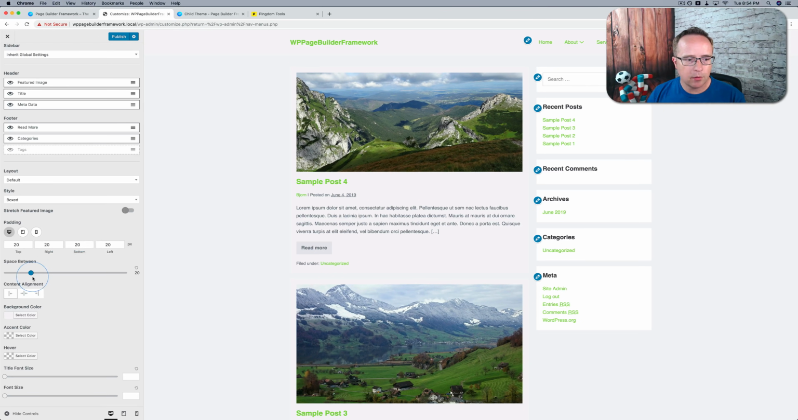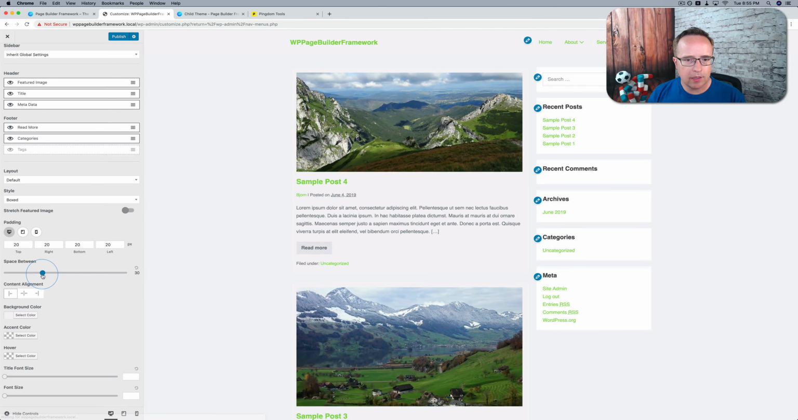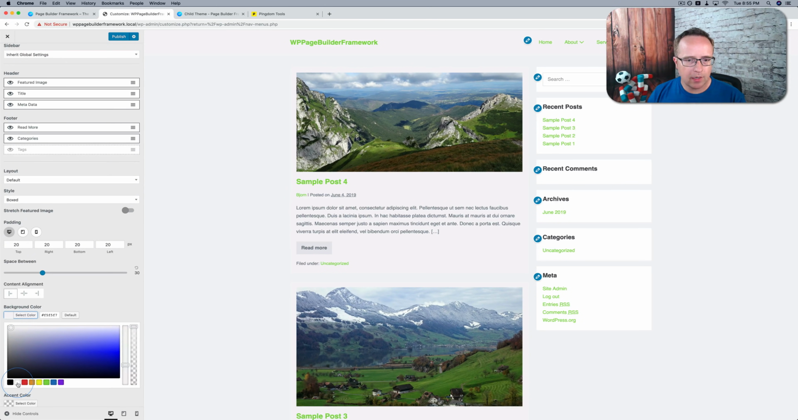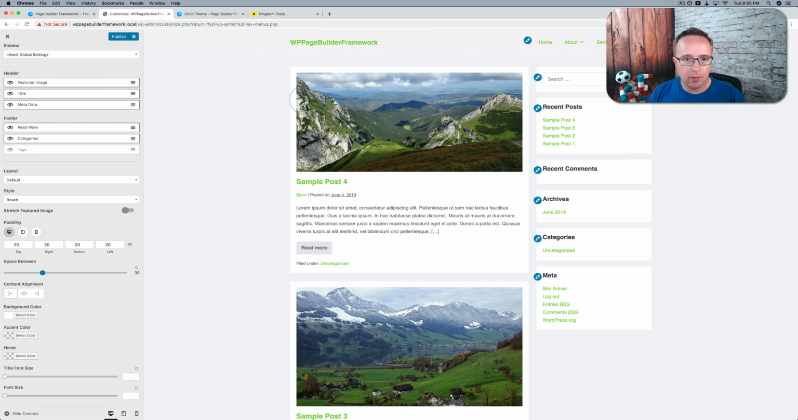You can change the space between just by dragging and dropping. You can see the space increase as we do that. You can change the background color. Let's change it to white. So now we can see the box. That's what the box is. When you choose box, it has each individual post information in its own